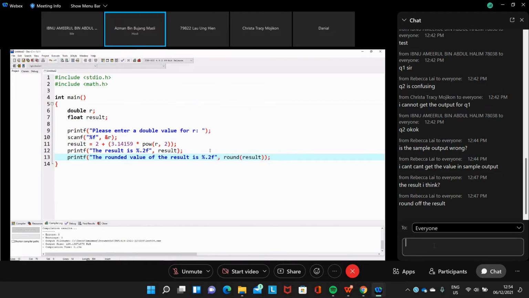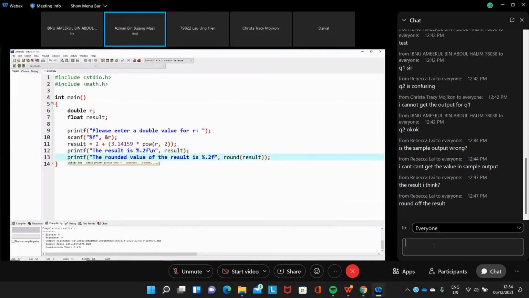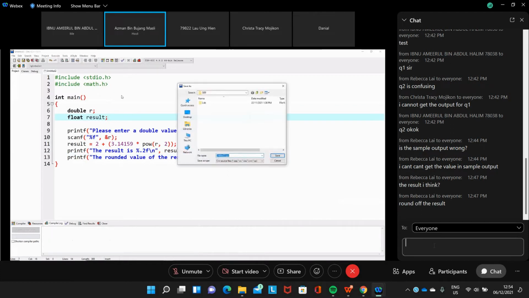Wait, later on when we compile it, we check a bit. Okay, print out scanf, and then here we need to put a new line so that it goes to the new line. Okay, and then this one is a new line. So now compile, see whether it works or not. This is lab test 3, 1.